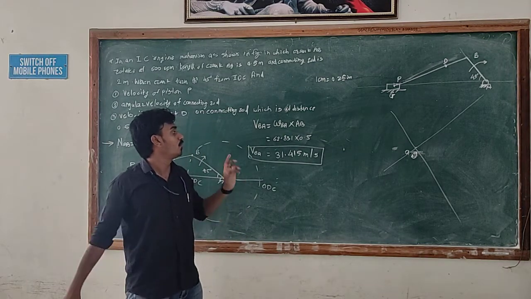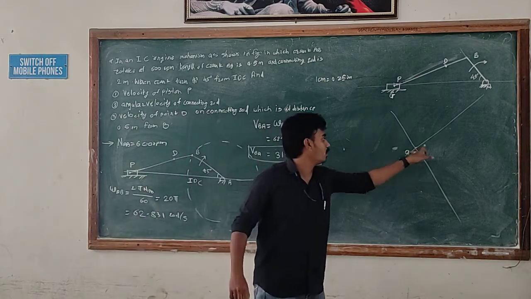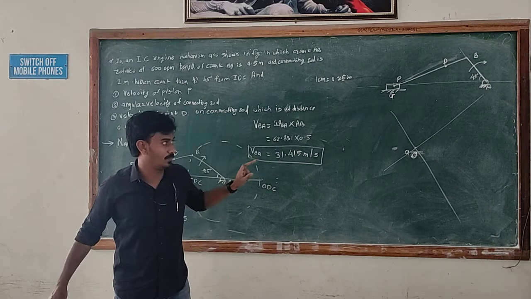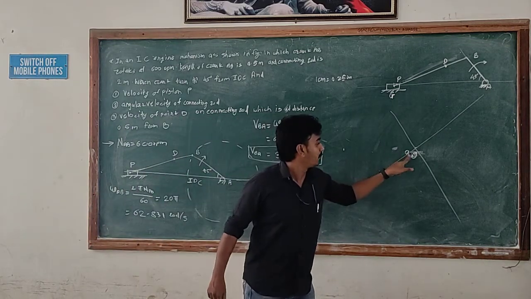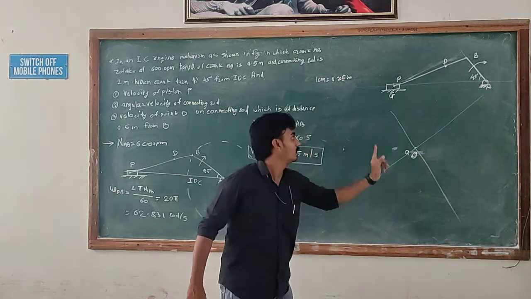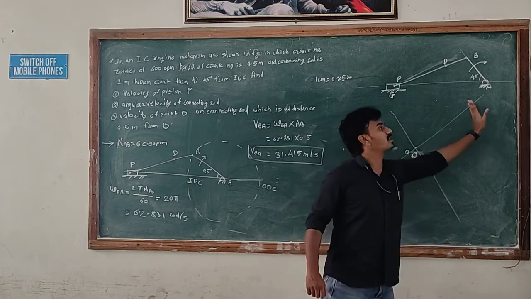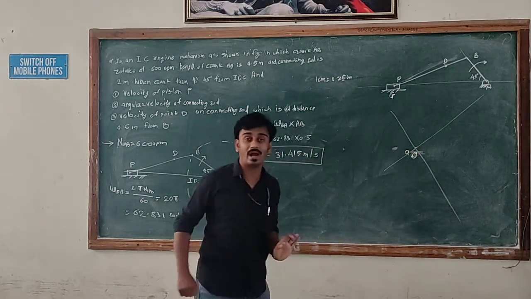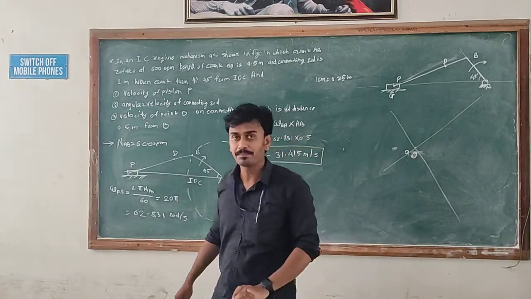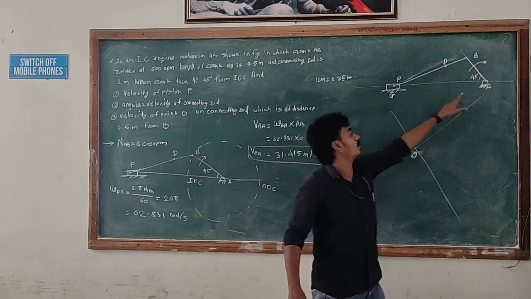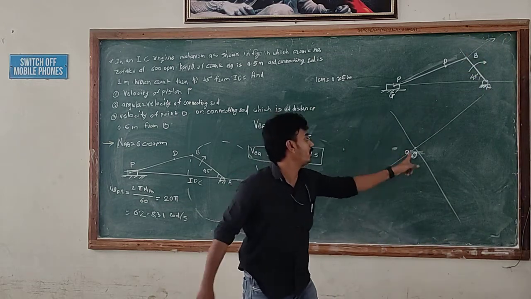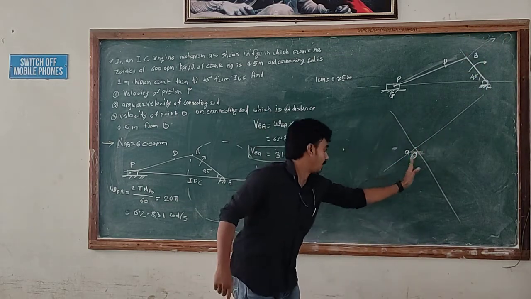Now here we get the direction of the velocity vector of the link AB, and here we have a magnitude also. But where will this point B appear, on this side of A or on this side of A? The point B will appear on the above side of A. It will not appear on the below side. Why? Because the rotation of the link AB is clockwise. The rotation of the link is clockwise, therefore its velocity vector will look like this. Therefore this point B will appear on this side, it will not appear on this side.